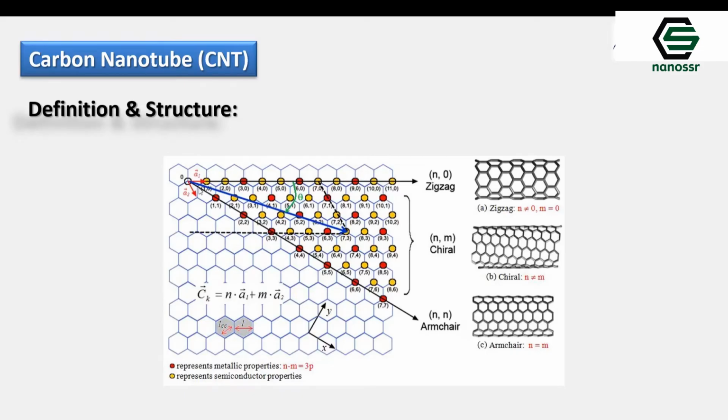So, for example, if I want to make a zigzag carbon nanotube, I cut graphene by this vector and roll it up from the other side, right? In this case, I have repeated vector a1 10 times and no repeat of vector a2. Here the notation in parentheses is going to be (10, 0). Under this notation system, zigzag carbon nanotubes always have m equal to 0 and n should have some value. Regarding armchair carbon nanotubes, n and m are